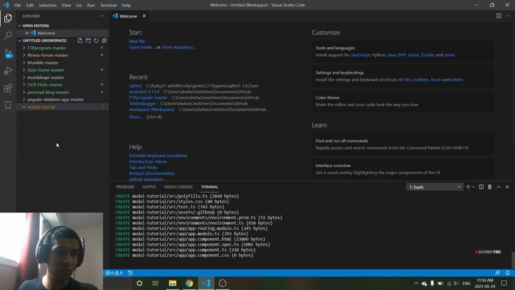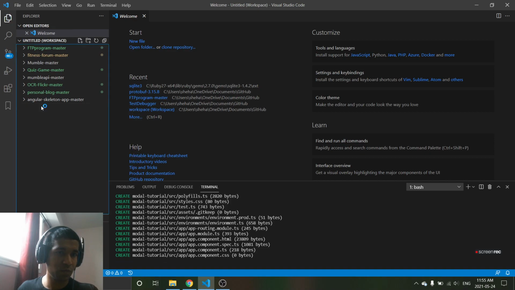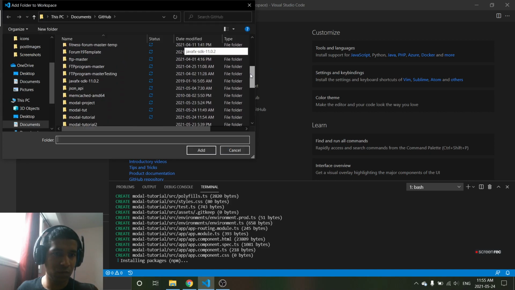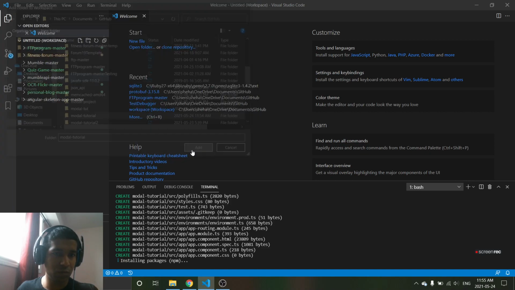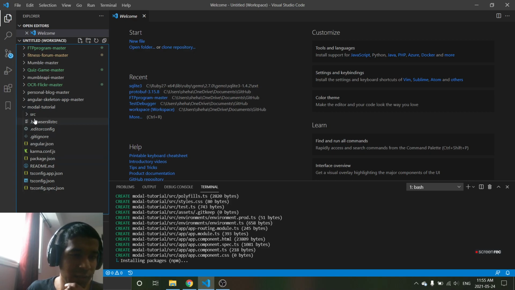Okay, so modal tutorial. Yep. Okay, so as you can see, this is the Angular project structure for the newly created modal tutorial Angular